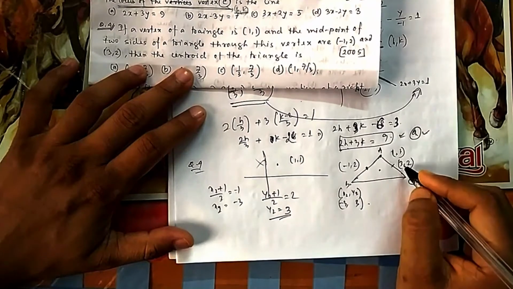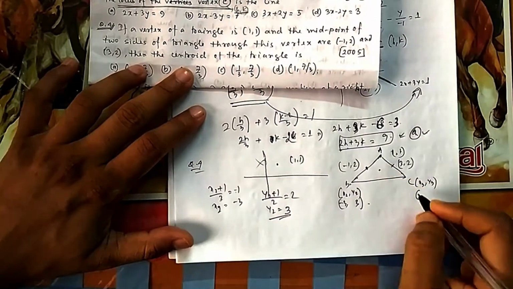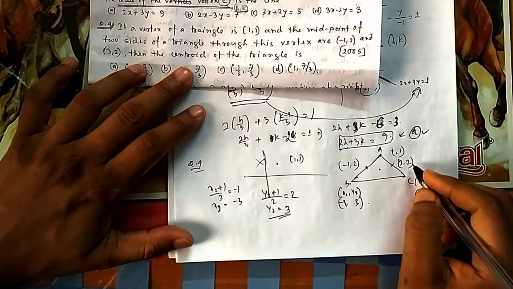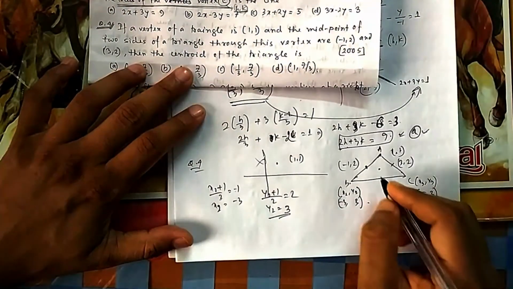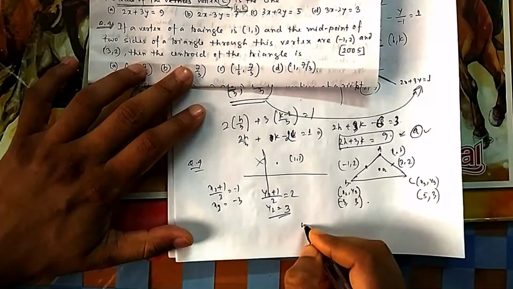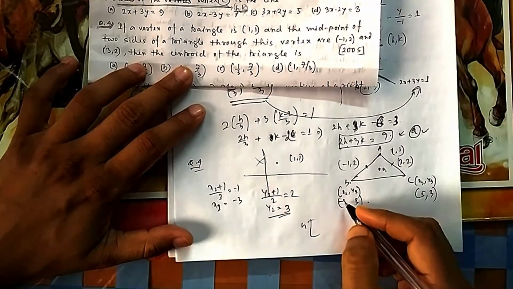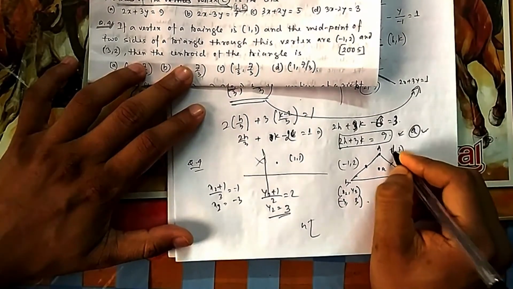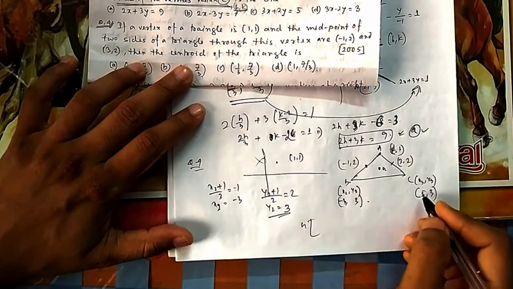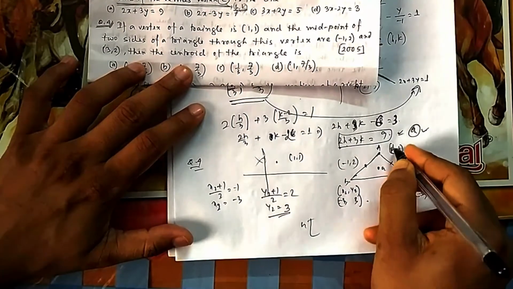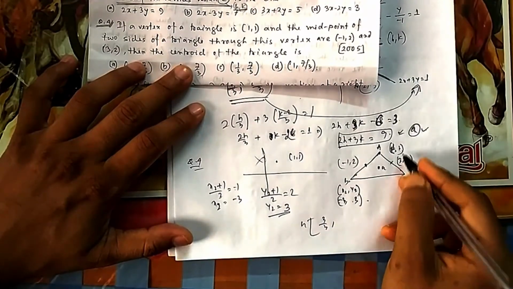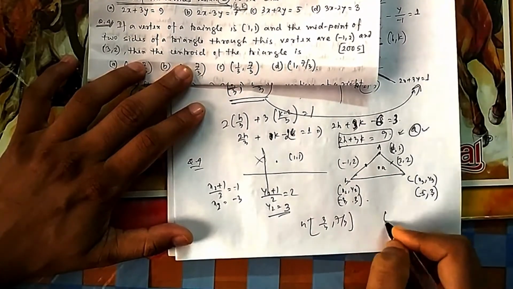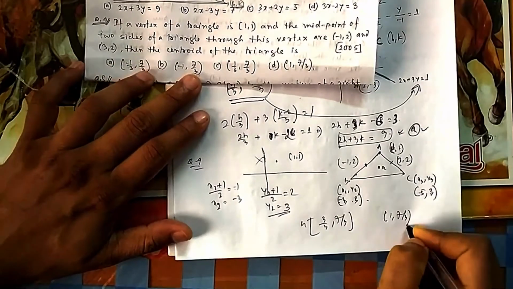Here also you can do it. This plus this divided by 2 is equal to 3, so it is 6 minus 1, 5. This plus 1 divided by 2 is 2, so 4 minus 1, 3. I am not doing it here; you can do it for x3, y3. If you know all this, then you can find the centroid: the sum of all 3 divided by 3. So minus 3 minus 3, 2 plus 1, 3 by 3, and it is 3 plus 3, 6 plus 1, 7 by 3. So it is (1, 7 by 3). That is your option D.